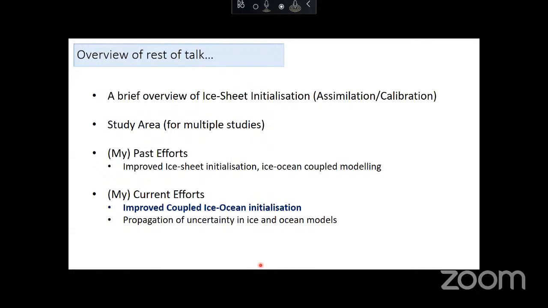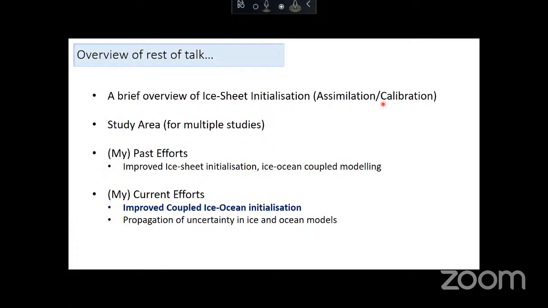I'll give a brief overview of what I mean by ice sheet model initialization, which is sometimes called assimilation or calibration. And that maybe explains why I chose the title I did. Model data interactions is another word for assimilation of data into models. I'll talk about my study area, which isn't the entire Antarctic ice sheet, because I think we lose something by trying to model something globally when we can identify problems by looking at really smaller